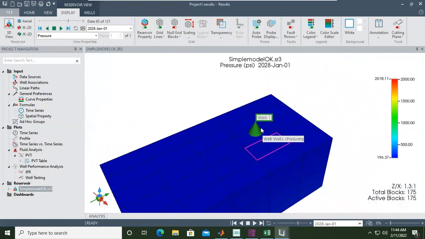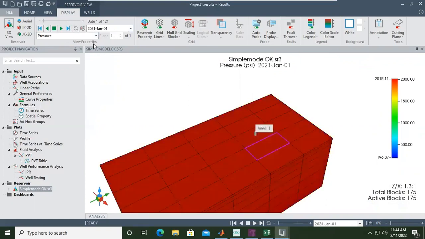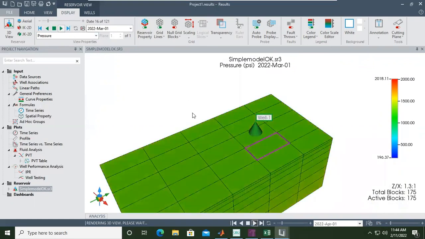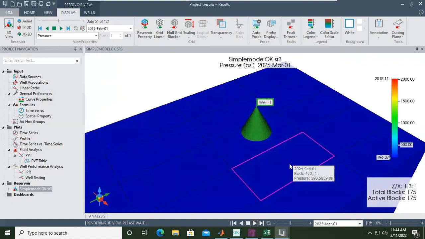But if you have a tight reservoir, the pressure will diffuse slowly. So you can see the pressure diffusivity area, where pressure changes like a circle. But here we have good reservoir permeability, 100, so as we produce the reservoir, the pressure of the whole grid will change immediately.